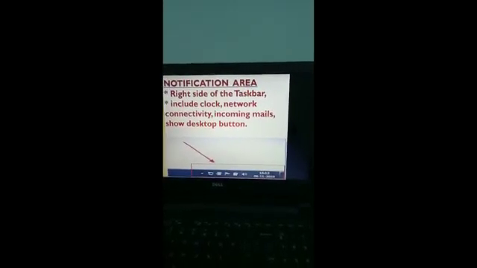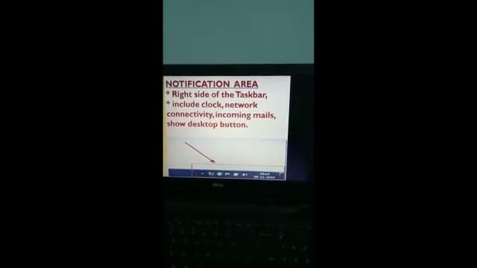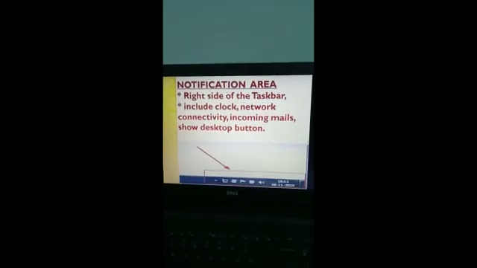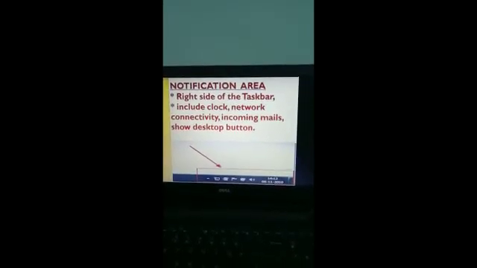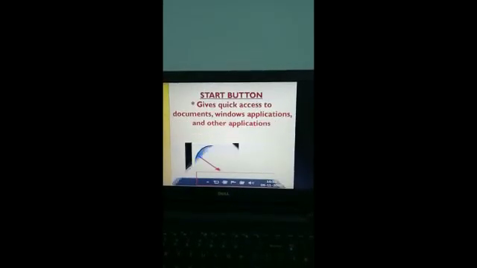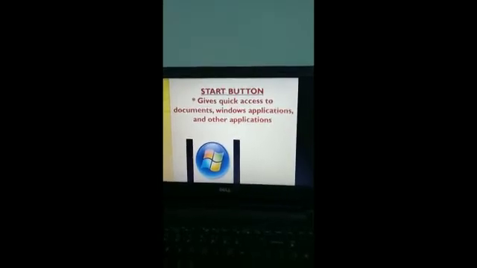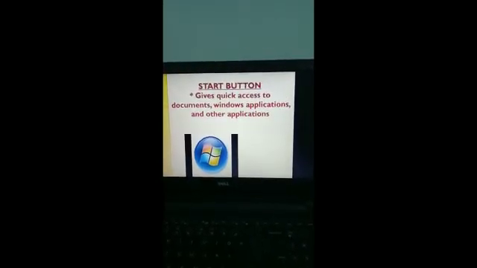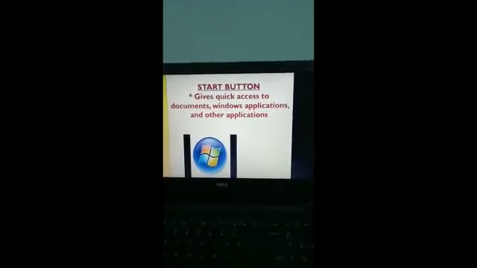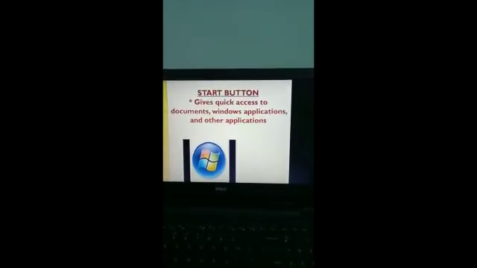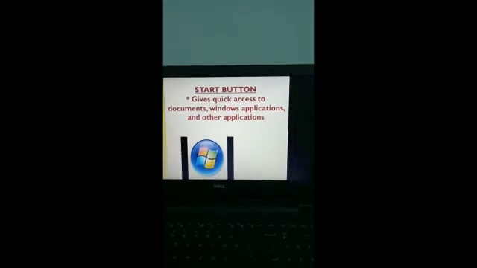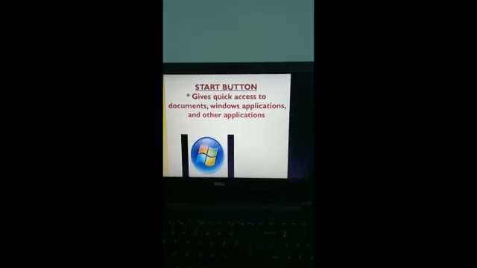It includes clock, network connectivity, incoming mails, show desktop button, etc. Next we have at the left side the start button, which gives quick access to documents, Windows applications and other applications.